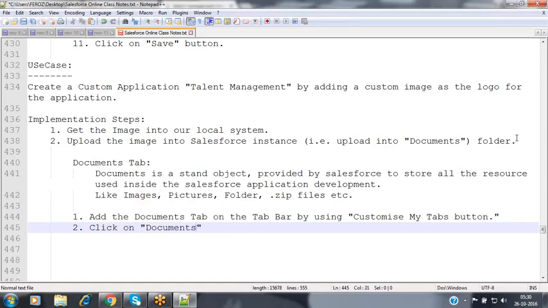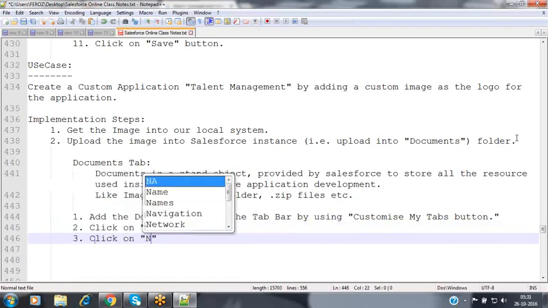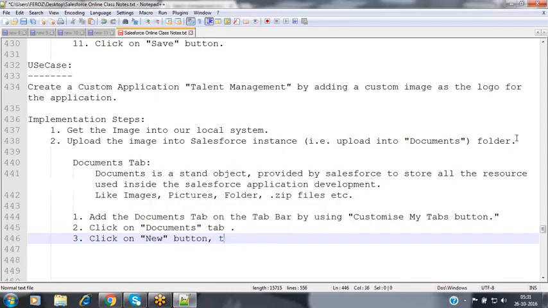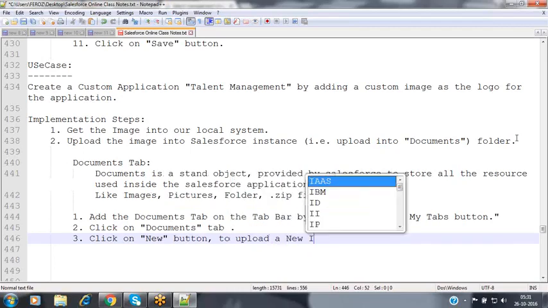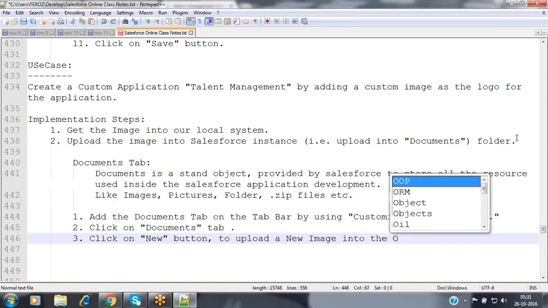Click on documents tab. Click on new button to upload a new image into the object.